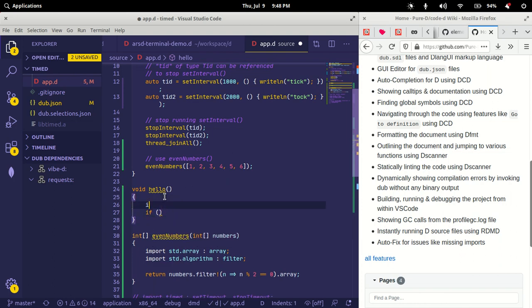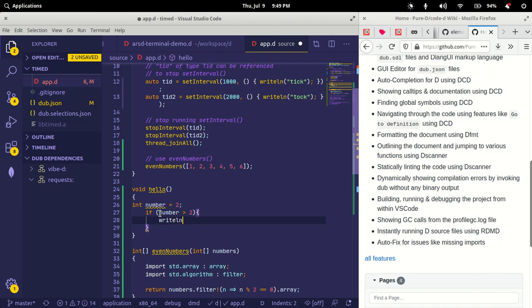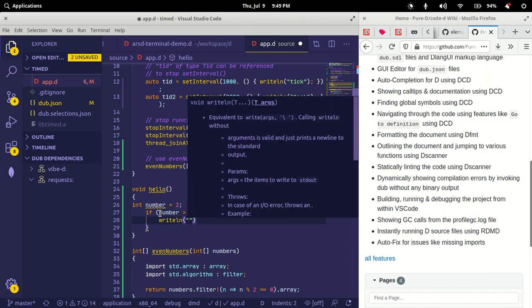Okay, let me do it this way. Say I don't format my code well, right? Number is equal to 10, sorry. If number